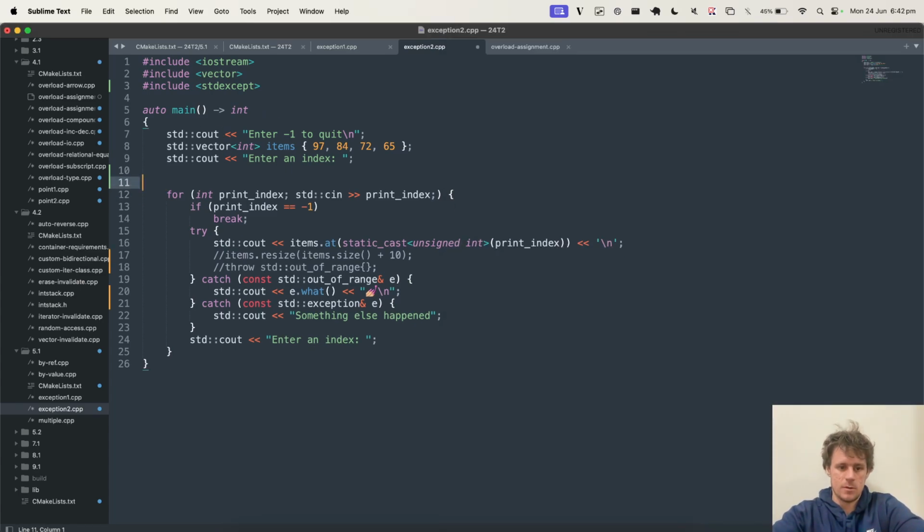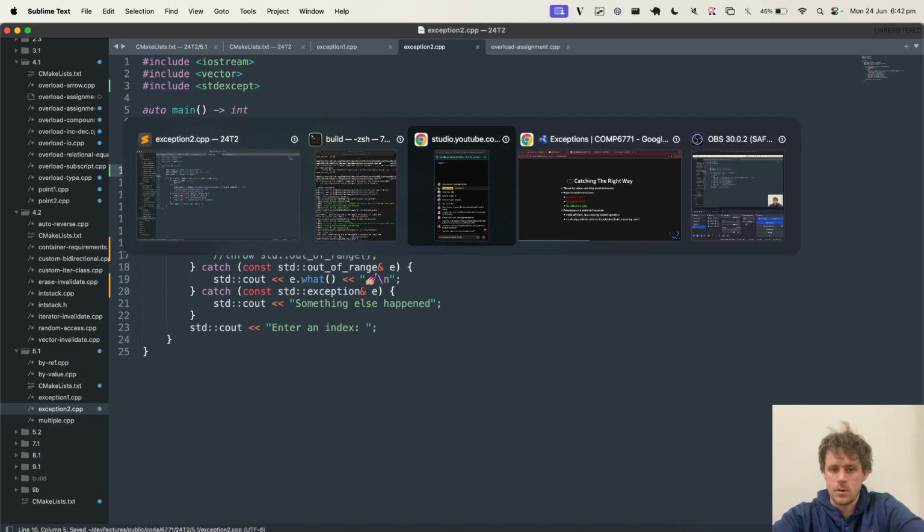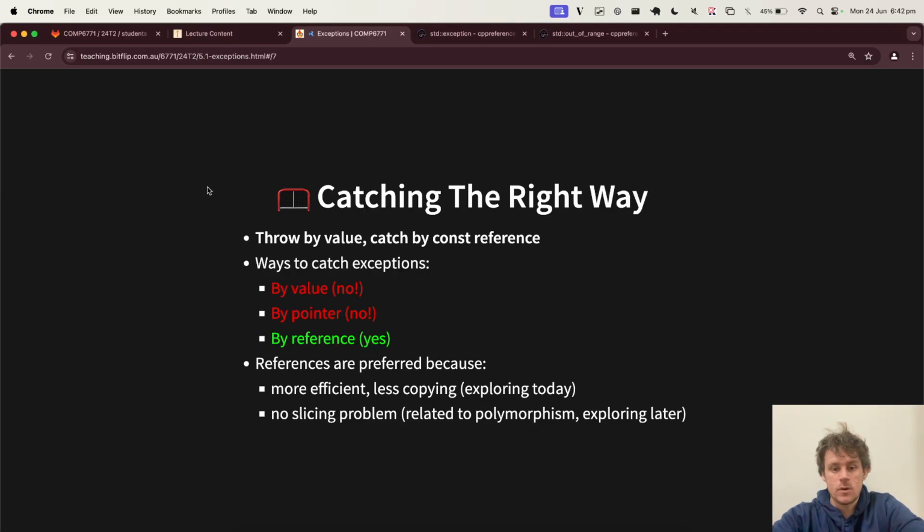So anyway, you can throw anything, but the point is that every time you throw, you're typically throwing a whole value. You're not throwing a reference to something, you're not throwing a pointer to something, you're throwing an actual object. And that's typically because you create the object in real time as you're throwing it as well. However, what is really important, as you'll see in the slides, is that we don't catch